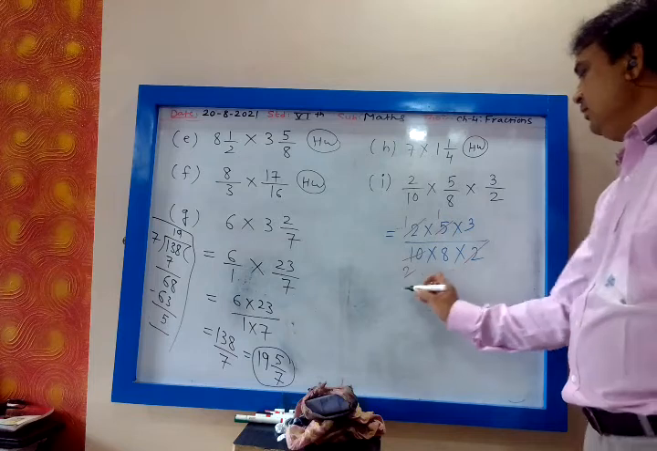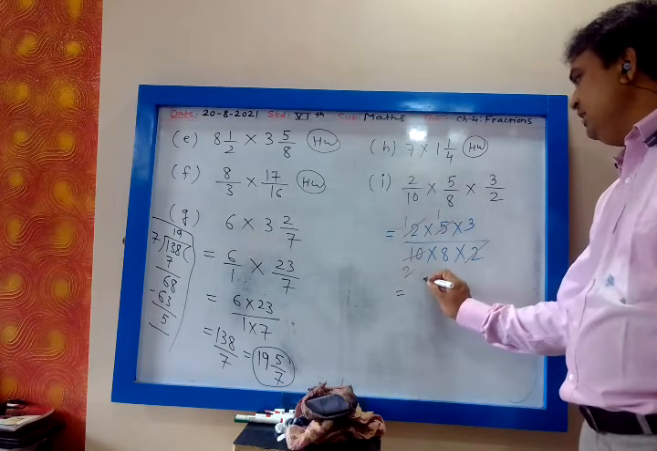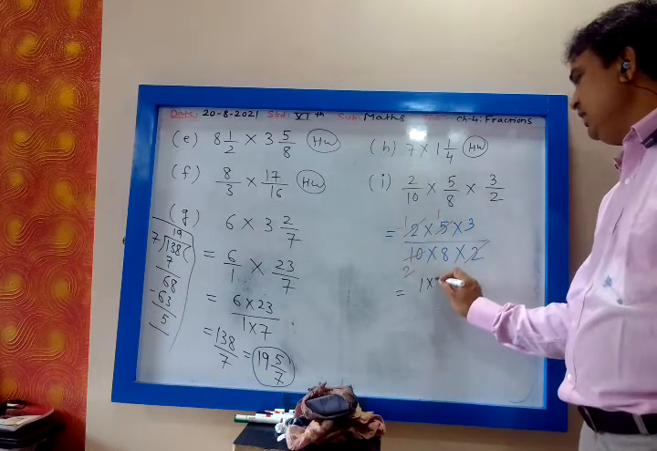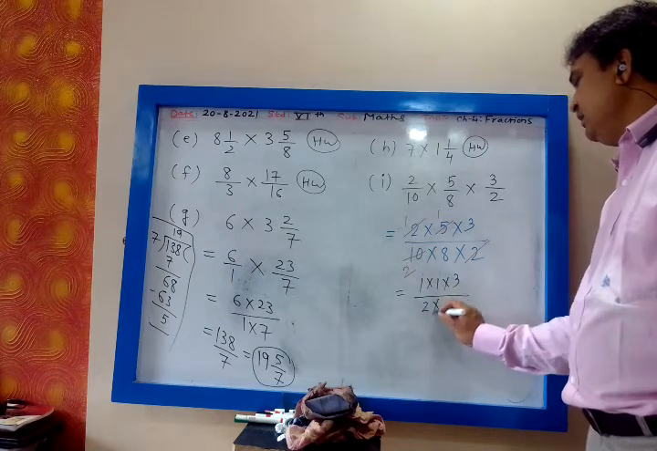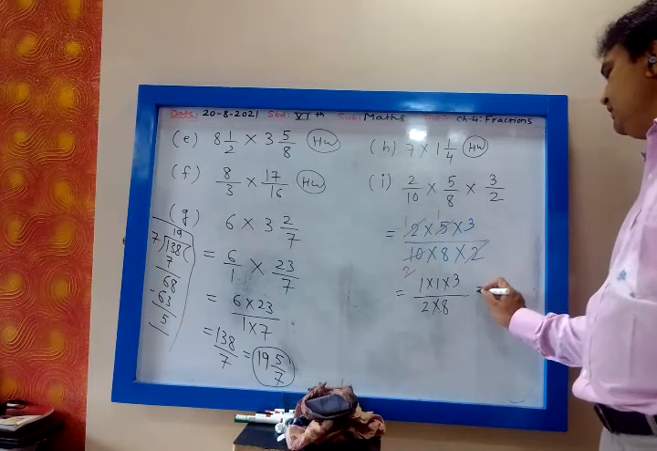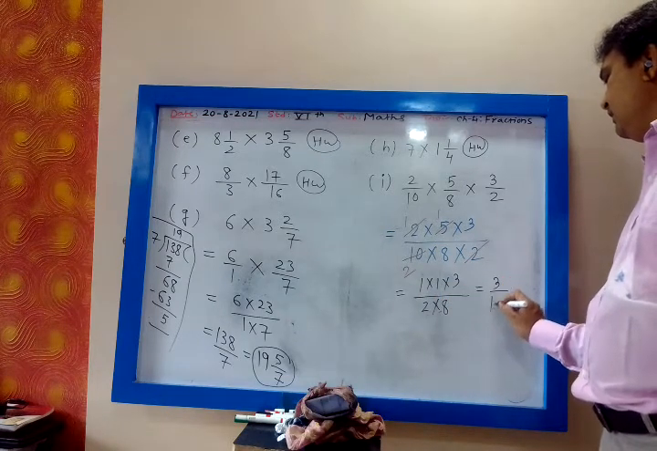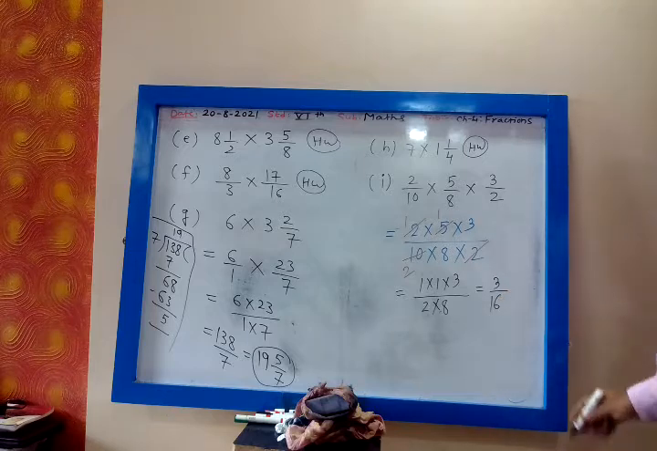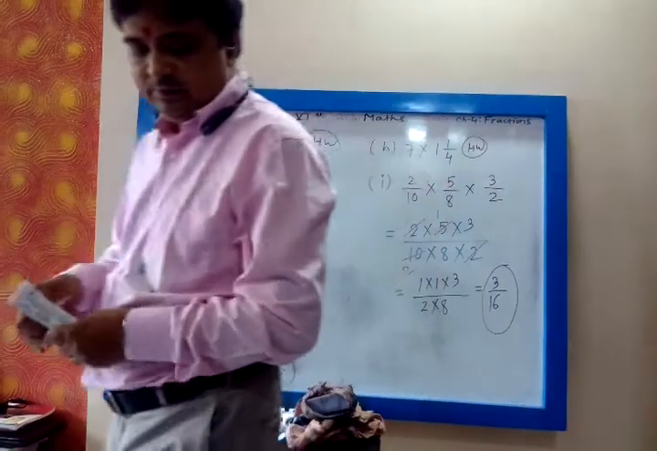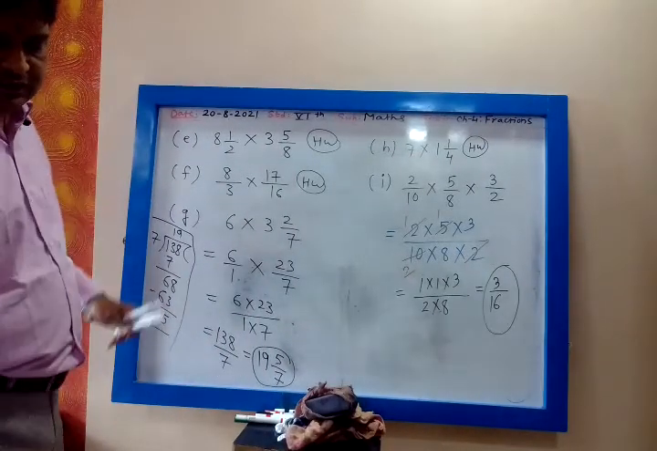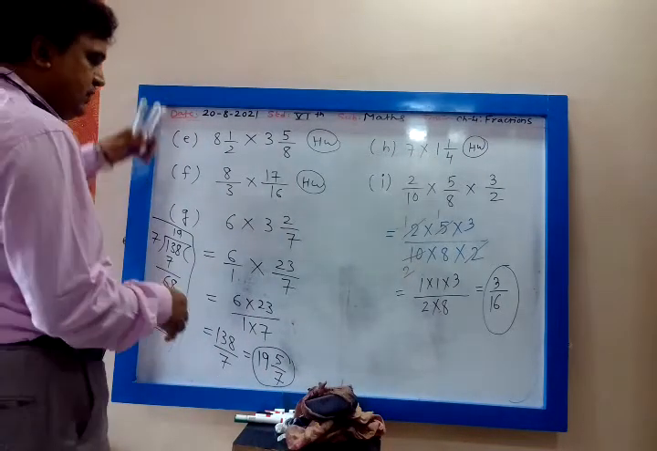Tell me. 1 into 1 into 3, my dear. 1 into 3 upon 2 into 8. So 1 into 3 is 3. 3 upon 16. 3 upon 16. This is the answer. Yes. 3 upon 16. Now J is